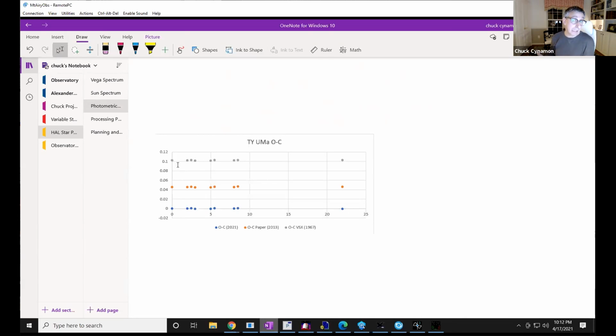So something has changed. The accuracy might have been bad, or the system has changed. So I didn't really know. So I went and I found a paper that was written back in 2013. And these people, it was somebody in Arizona, but then it was primarily a Chinese team that looked at this star. And they came up with an epoch.